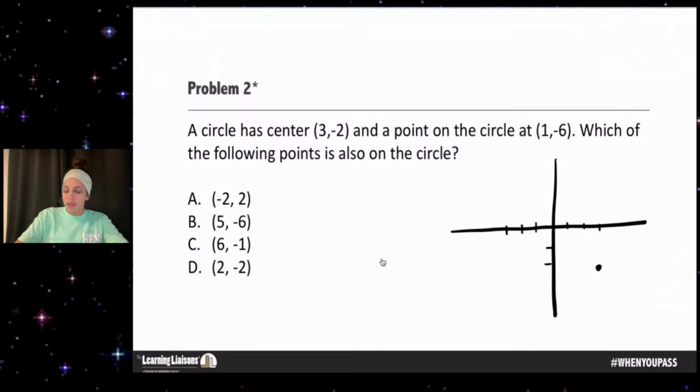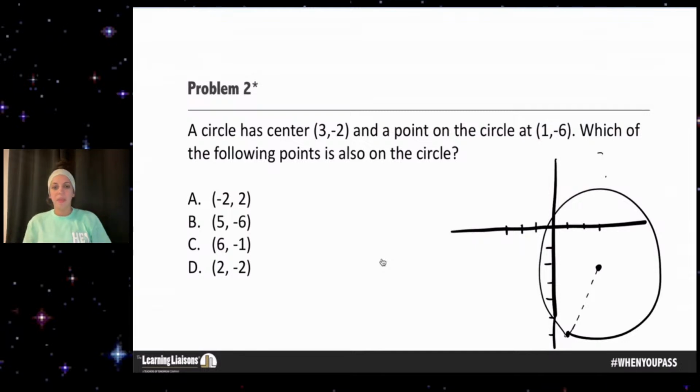And (1, -6): 3, 4, 5, 6. And I can attempt to draw a circle there. Then I can look at my answer choices and see if any of them are way out